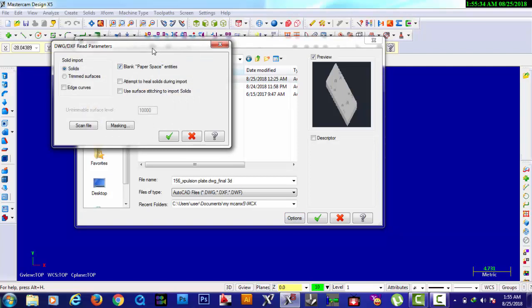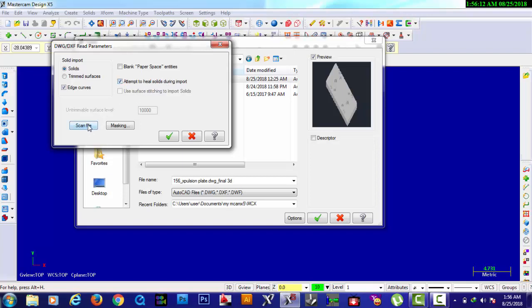This is the parameters of my file. I want to retain the curves, so I click. Then I want to retain the solids, so I click. This one I don't need, that's why I click. So I only retain the solids, the curves, and attempt to heal the solids.